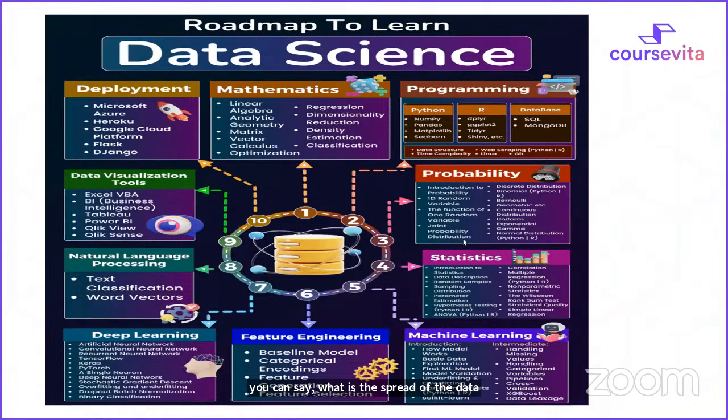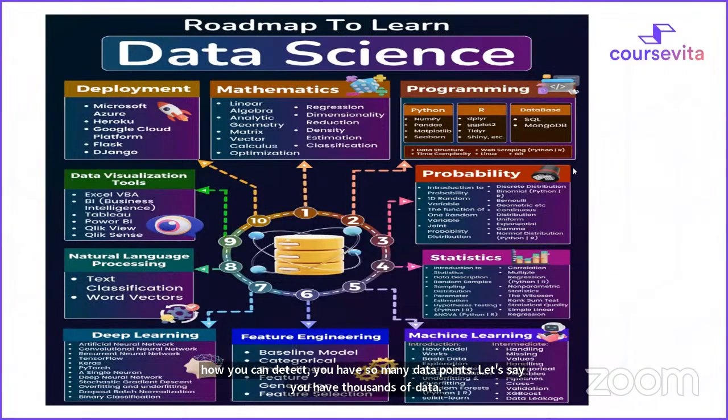In the next step, when you are trying to clean the data, let's say I have outliers. Let me give you an example. Let's say all the prices of a particular item are below 100, and only one item is priced high, going towards 800. Everything is below 100, and one is going extremely high to 800. So how can you detect that? You have so many data points, let's say thousands, and how can you get that particular 800 point?